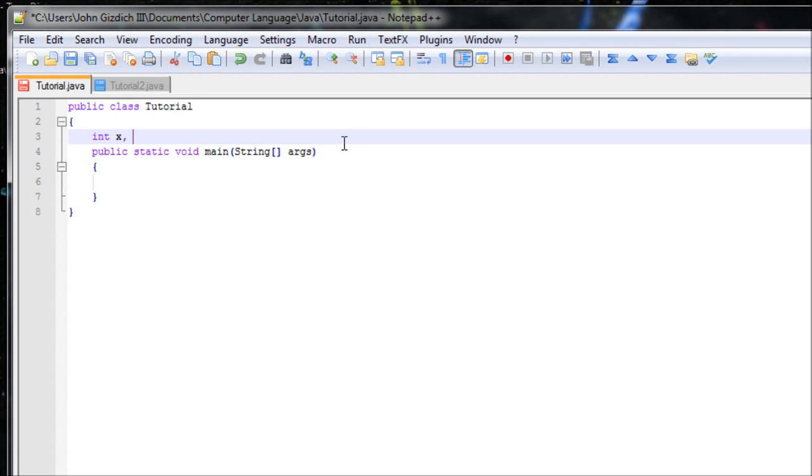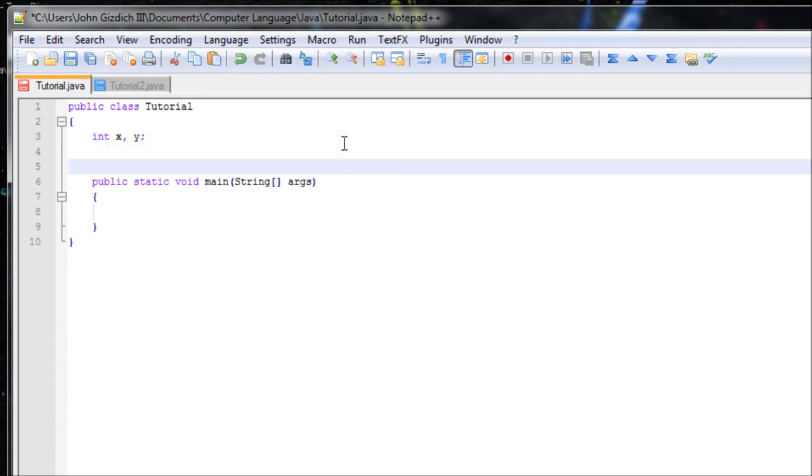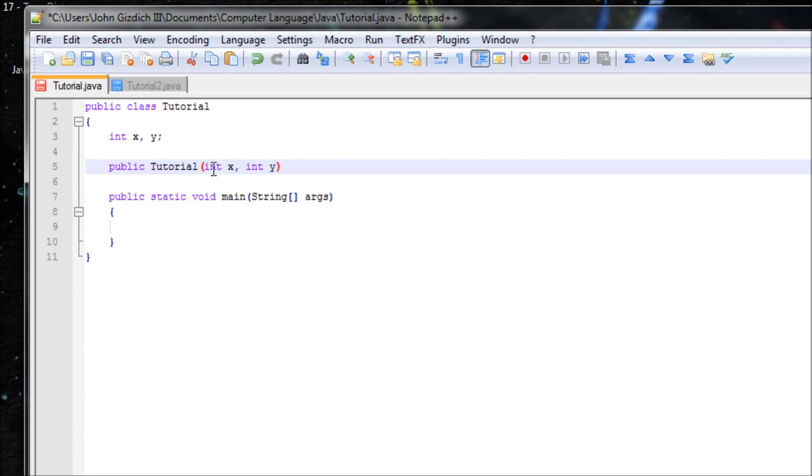Let's do x and y. Now let's create a constructor, but we don't have to create a constructor. We can also create a method, but in this tutorial, we'll be creating a constructor. And let's set an argument, int x and int y. We're declaring two new variables, but with the same name. So it will cause some confusion to Java,